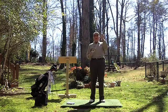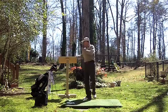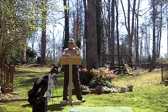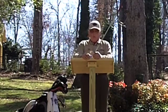Let's discuss what lie angle is. Lie angle is, if the club is sitting on the ground, I'll use the top of the podium here, if the club is sitting flat on the ground, the angle from the shaft to the ground is the lie angle. Now by vertical, say this is my 7-iron right here, what Lou's asking is, because I have a vertical swing,